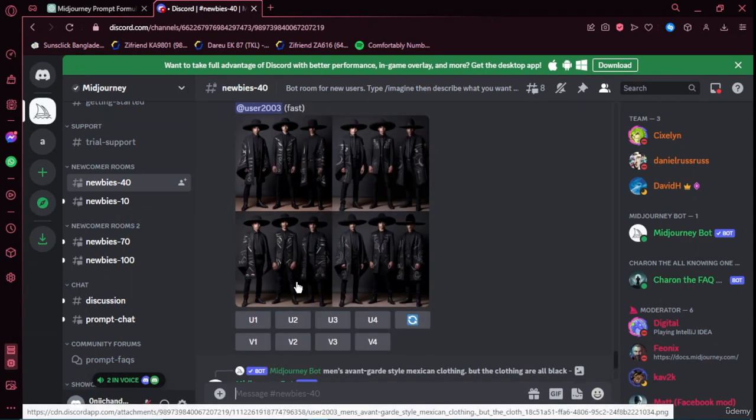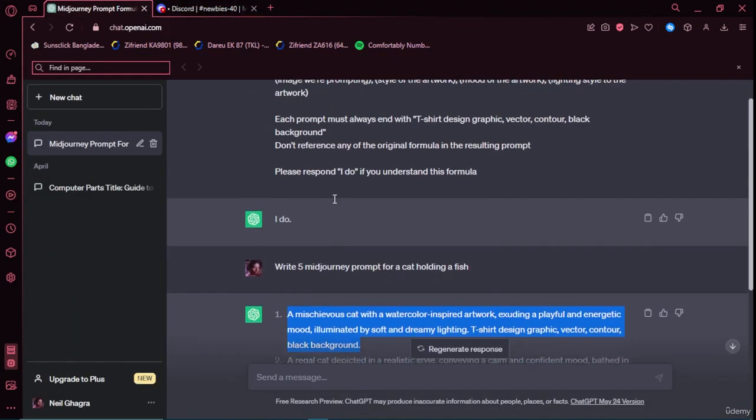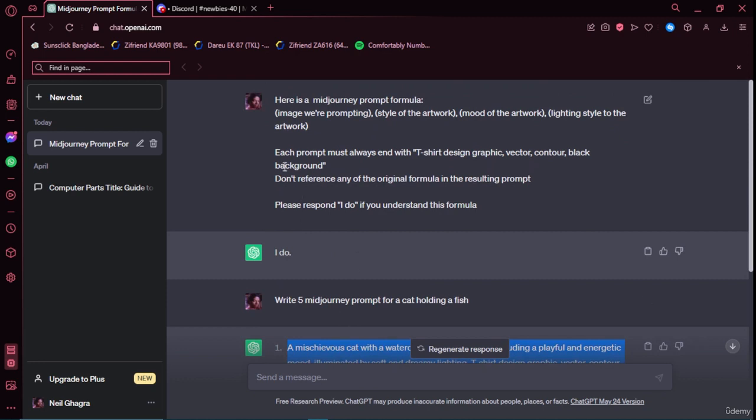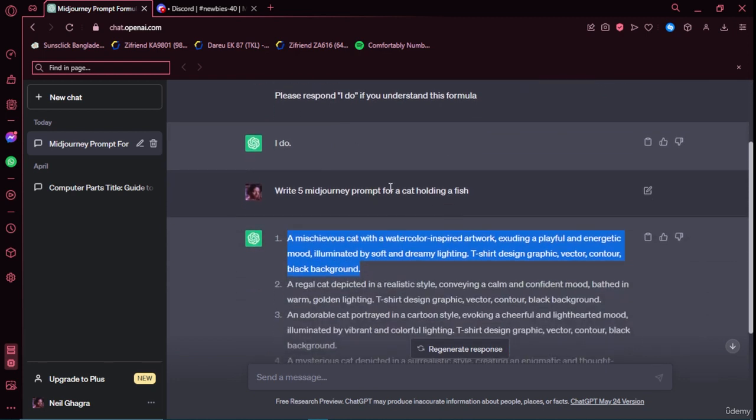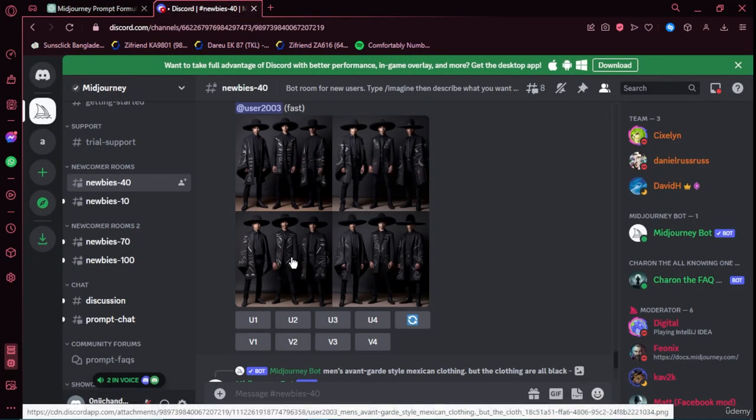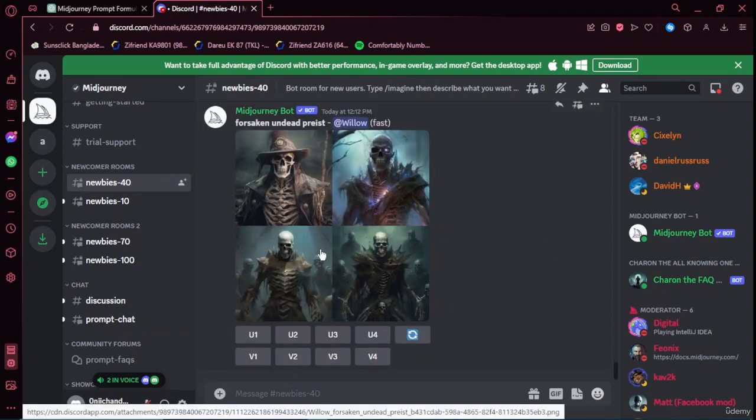You can download them, and obviously all of these images are generated from the textual description one person gives on ChatGPT. Let's say the way I put it, I said this is the formula, and I told it the prompt is about a cat holding a fish. So obviously if you have the subscription and it generates the photo, then you will get all of the results and photos according to ChatGPT, and also according to the description that I told you. So I hope you understood everything about this lesson on how you'll be able to make t-shirt